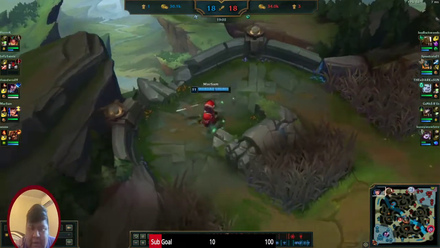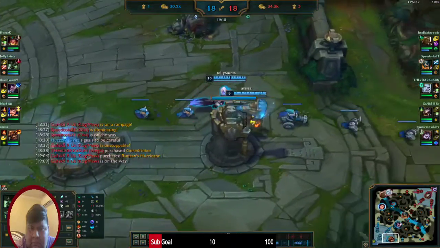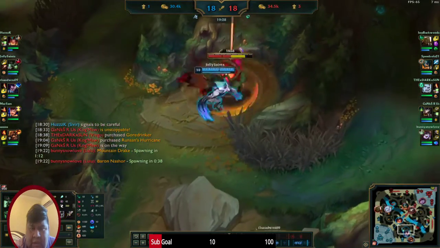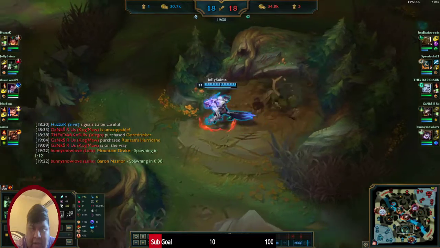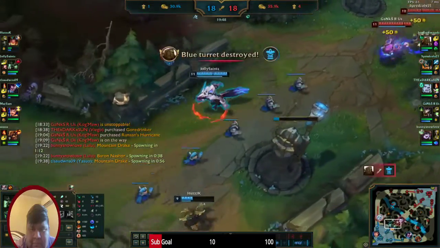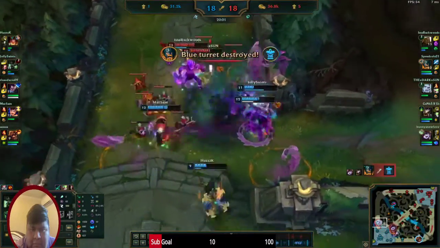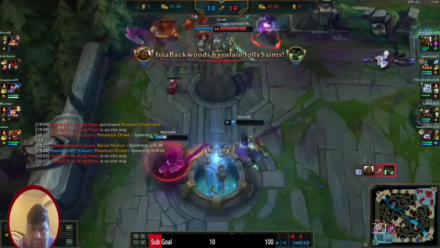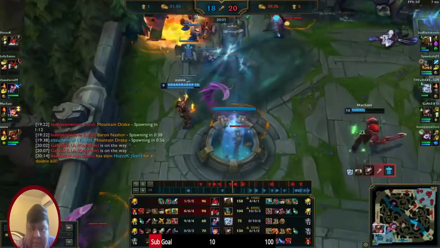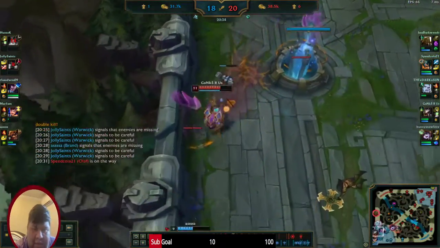So it's not looking too good for us right now, because we threw a big lead. We had like a huge lead. Now they're caught up, so they have the momentum on their side. Blue team's turret has been destroyed. Yeah, it's unfortunate because Lowy is 4-4 now. Garen, I don't know what was going on with their Garen, but